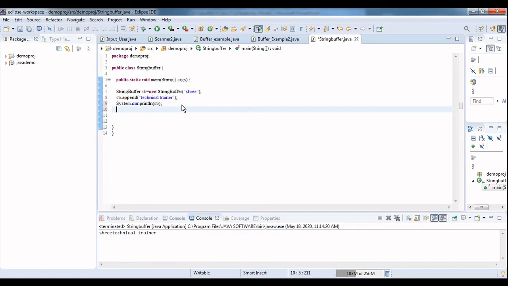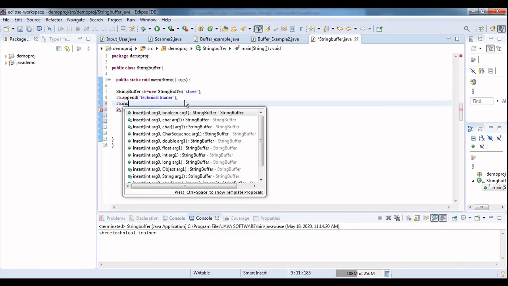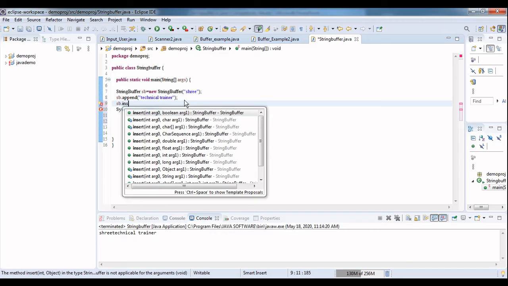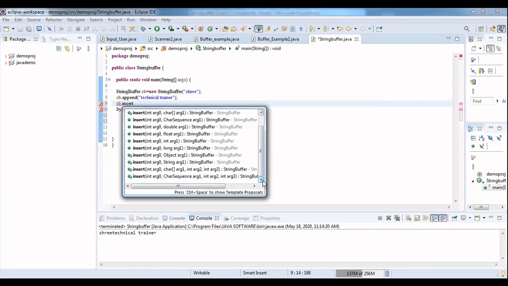Now let's try to insert a value in this. So SB.insert. I'll show the methods first. See, these are the methods that are available with insert, the different types of arguments that we can pass.